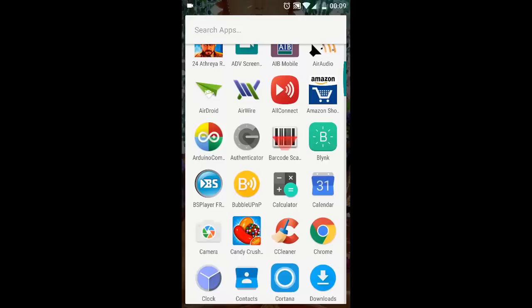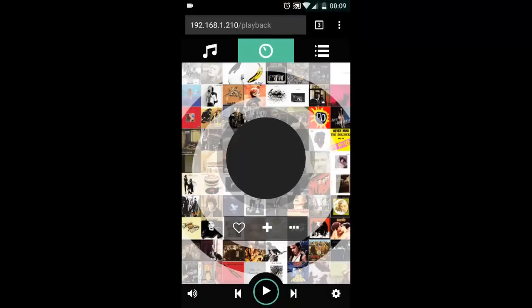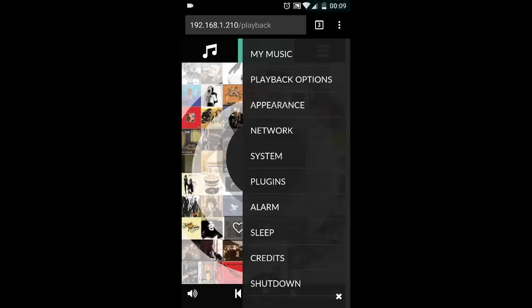So even though there is an app in the Play Store, I'm not happy with it. So let me just directly log in from the Google Chrome browser. So I entered the IP address and the Volume IO interface has opened up. There are two ways of using this. One is adding a media server directly to the Volume IO, or the second option is using it as a DLNA player.